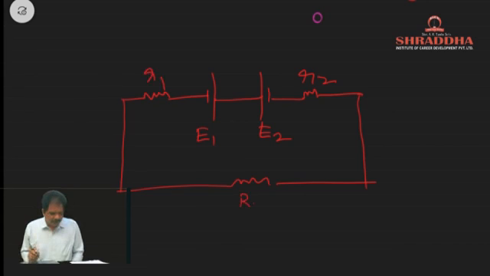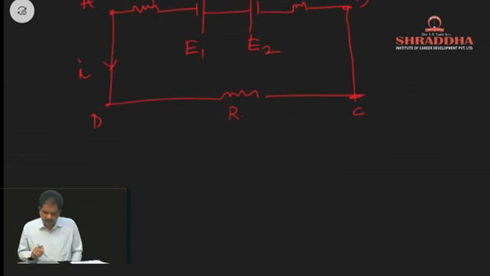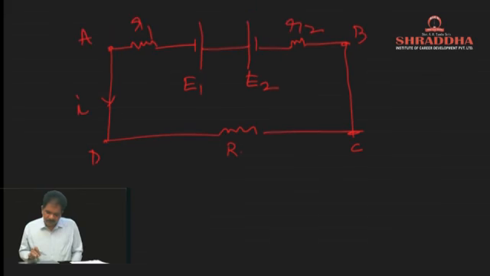Let this current be I. Apply Kirchhoff's law and find the current in this circuit. So consider any point. You can take any point, A to B, A, B, C, E, like that we can consider. So if we consider the loop A, D, C, B